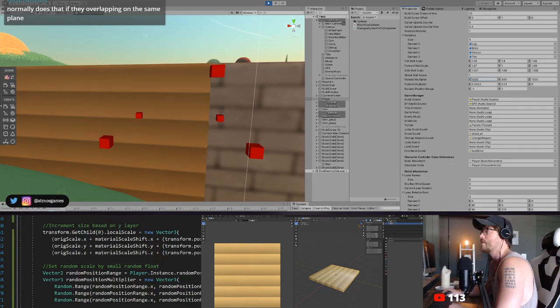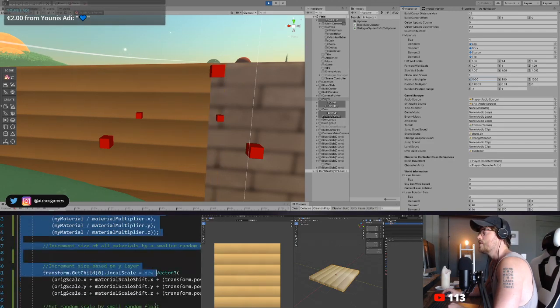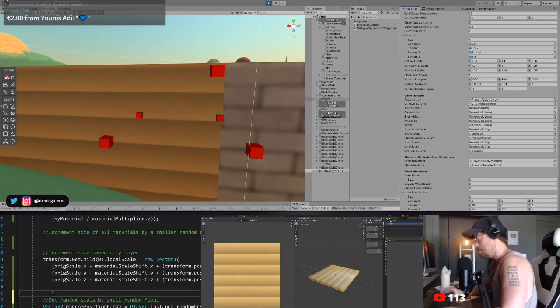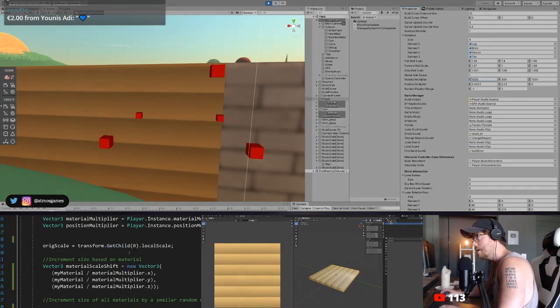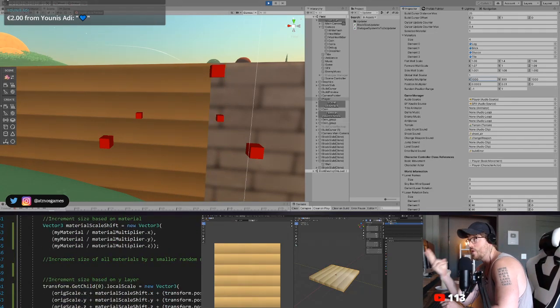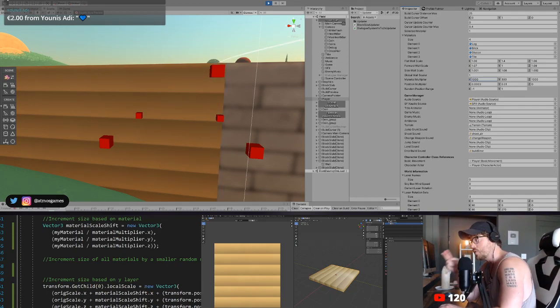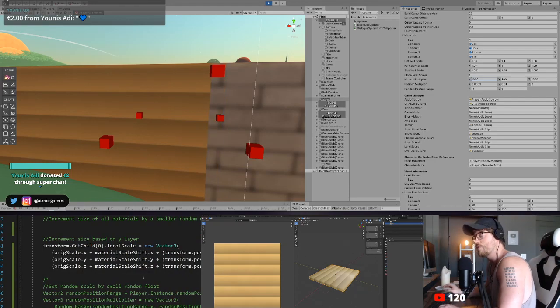All right. So first and foremost, the most important thing right here is to comment out all this other stuff that we just did and make sure that we're still okay with the material rule and also the layer rule. If the material rule and the layer rule work, then